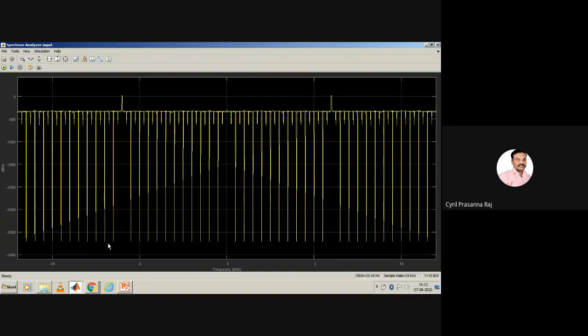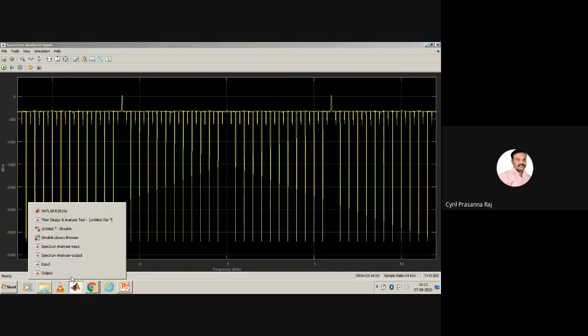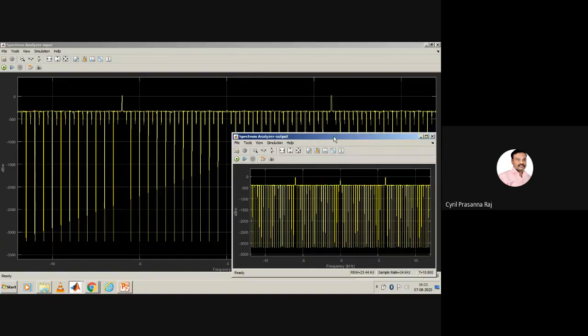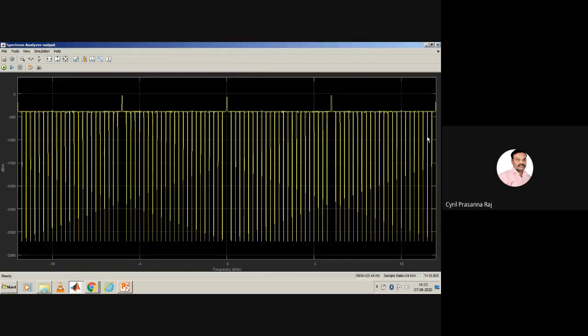Okay. Now let us see what will be the spectrum of output. This is the spectrum of output. But if you see here, again there's a peak at this point, 6 kilohertz. Okay, but it is less than 0 dB. It is not completely attenuated. It is less than 0 dB, so some amount of attenuation is there.